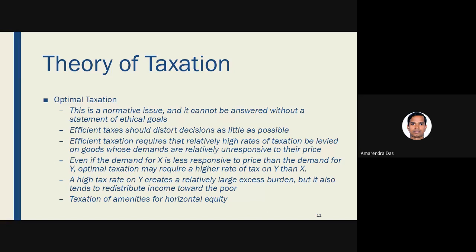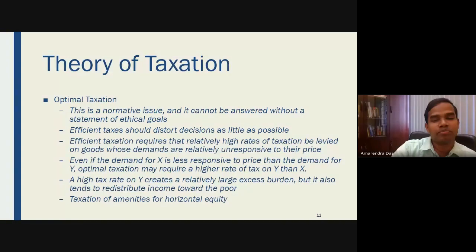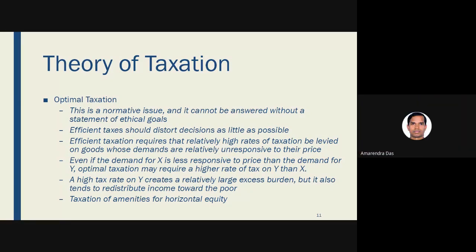Inelastic means that when we are imposing a tax, the demand does not change much. And what are those commodities? If you see, basically the necessary commodities are relatively unresponsive to the prices. See, even if the price of potato has gone up to 40 rupees, people are still buying it. Of course, with onion people can say that I will become Jain, and people can take other excuses, and may not consume. But there are still some people who continue.